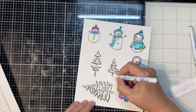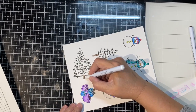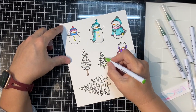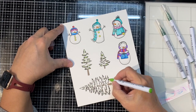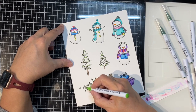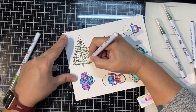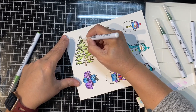Well, I was going to show you just me coloring up one of these trees to try to save some time. And it turns out that I colored all three trees at the same time. So, when I do stuff like that, I'm going to have to be mindful of the video so I can just show one. The colors I'm using for the trees are Zig light green, green, and dark green. That's their actual colors. And I'm just trying to flick a little bit on, tiny little lines that are barely bigger than dots for these trees. Then I'm going to blend out each color, and repeat with the darker color. It doesn't look that great when I get to the green and blend that out, but by the time we get to the dark green and put that on top and blend it out, I really like the way the